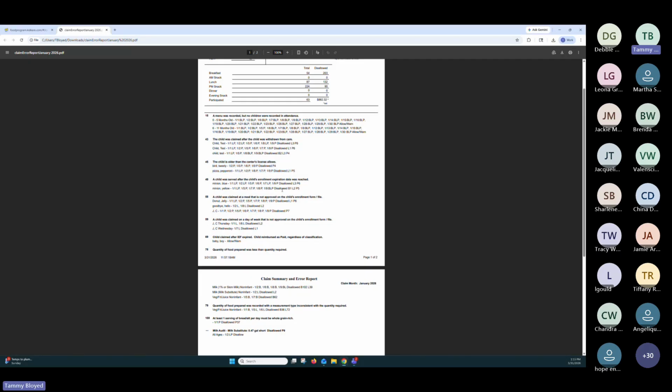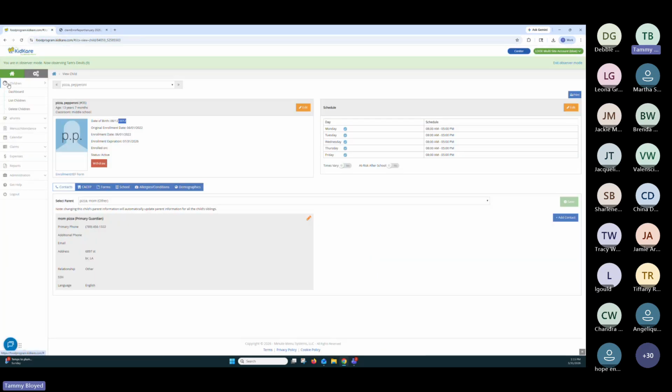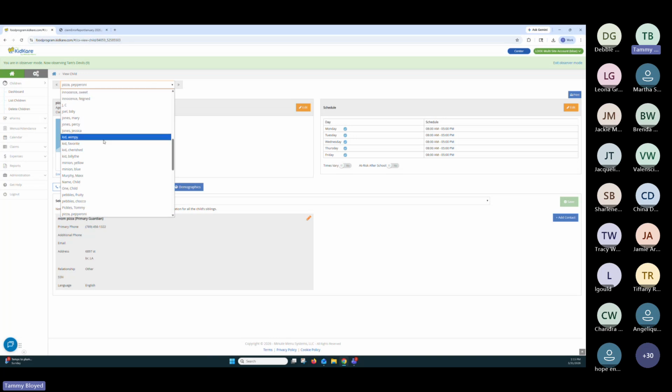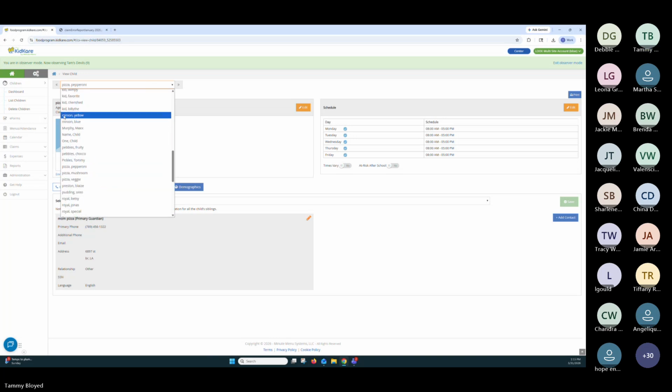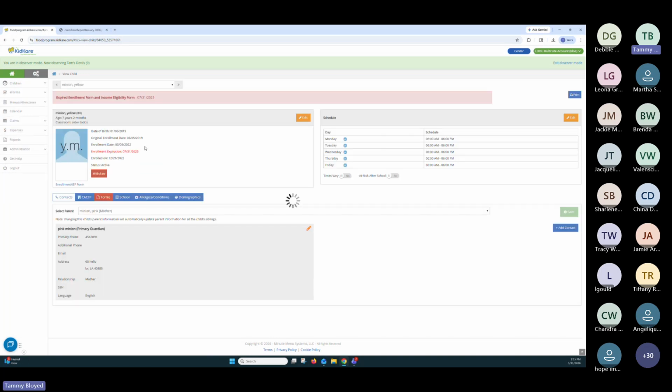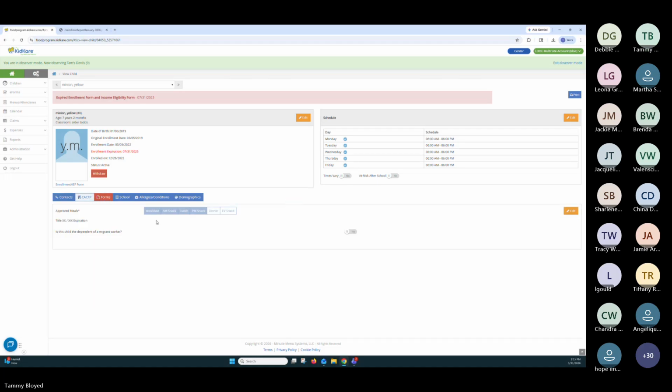All right, so a child was served after the enrollment expiration was reached. I'm sure most of you have seen this one, but this is not an automatic fix. So blue and yellow minion. I guess I can do it from here. So yellow minion and her, I'm in a multi-site.